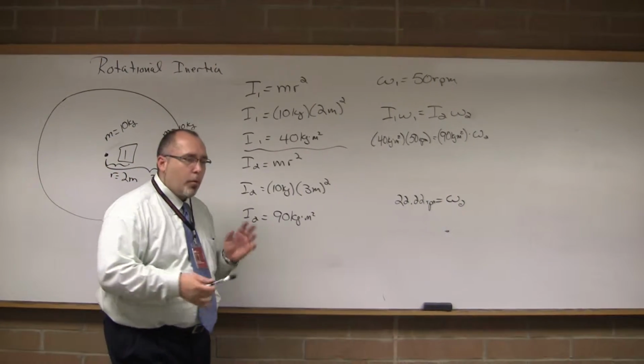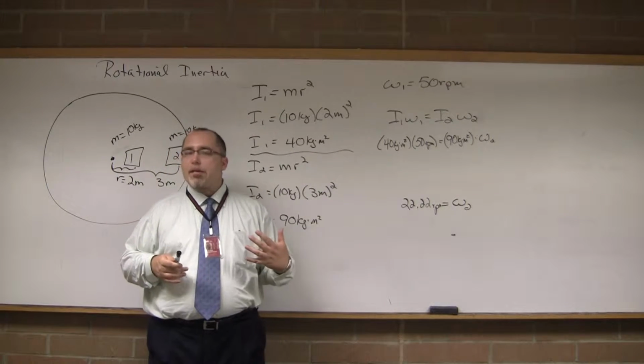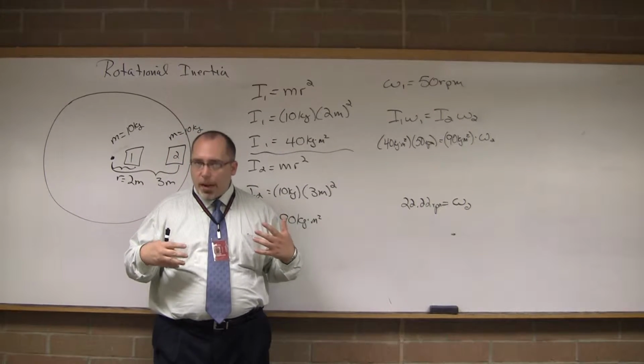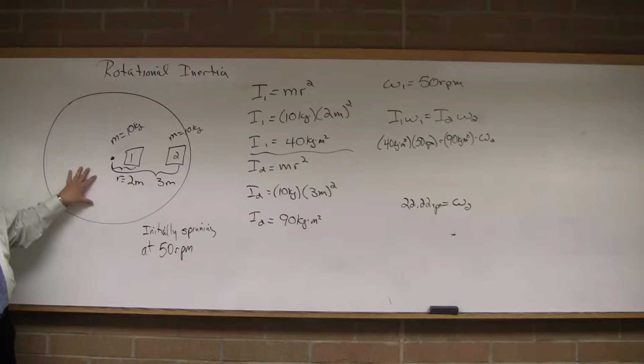Hello again. In this video we're going to talk about rotational inertia. Now rotational inertia is just the rotational equivalent of mass, but it's not just mass, it's where the mass is placed. For instance, if we look at a merry-go-round, like the playground merry-go-round, the kind you have to spin,